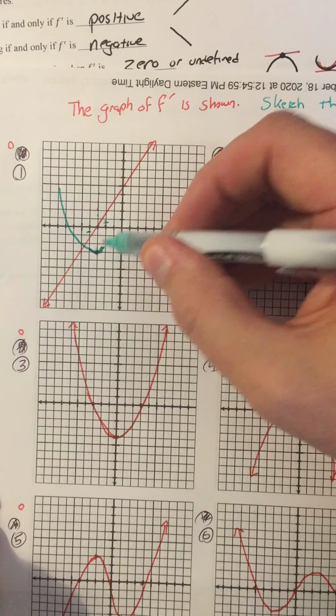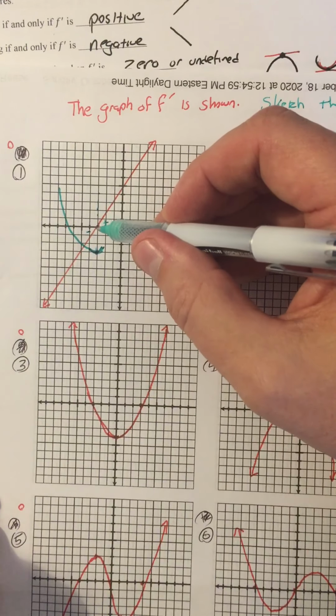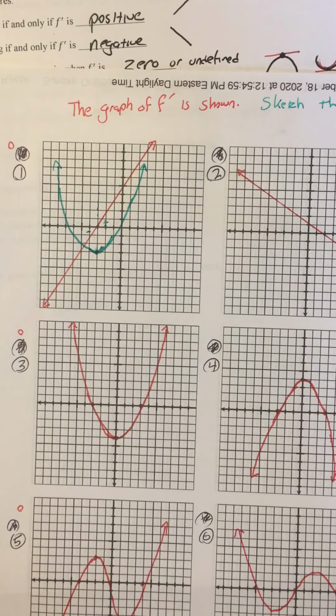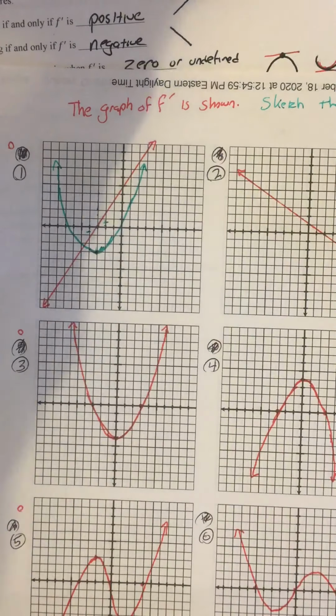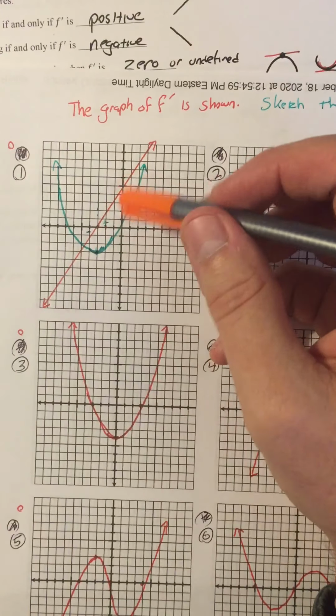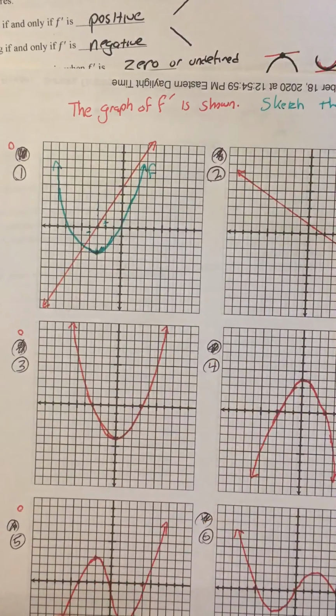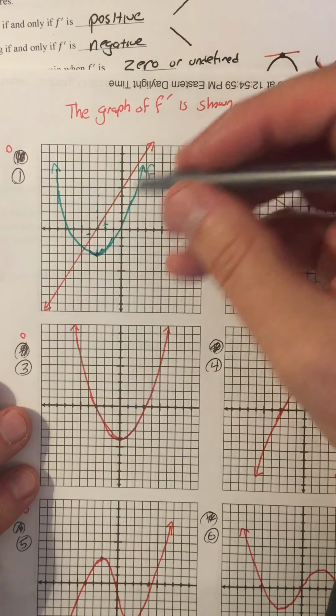So we know f is concave up. We know f has a min at x equals -3. We know that at x equals -3, f changes from decreasing to increasing. So from now on, f must increase, and it must be concave up, so it must look like a parabola. That's really all we know. We know that f is a parabola, that it is concave up, and that it has a min at x equals -3. But remembering that all we know is the derivative, and the derivative is invariant under vertical translations,